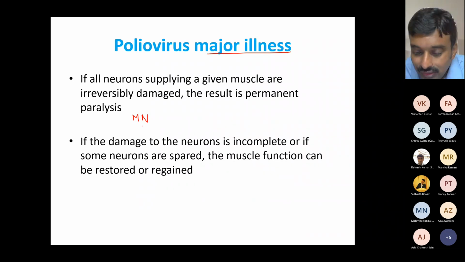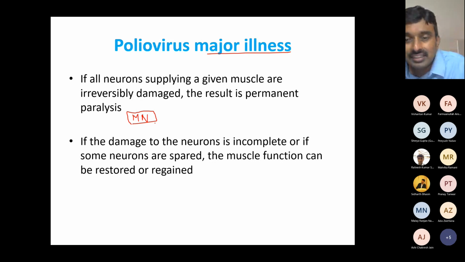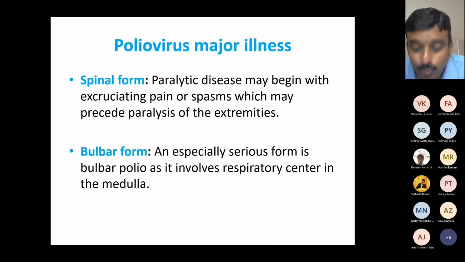Sensory neurons are the ones that, when you touch something hot or when you taste something, how do you know it? Because those signals go from your skin or your mouth or your nose to the brain, and they recognize this. Those are sensory neurons. But the ones that control muscular action, or muscles, are called motor neurons, and motor neurons are the ones that are damaged by poliovirus in the anterior horn cells. The extent of damage to the motor neuron translates to the extent of paralysis, whether permanent paralysis or mild reversible impairment, depending on how much the motor neuron is damaged.